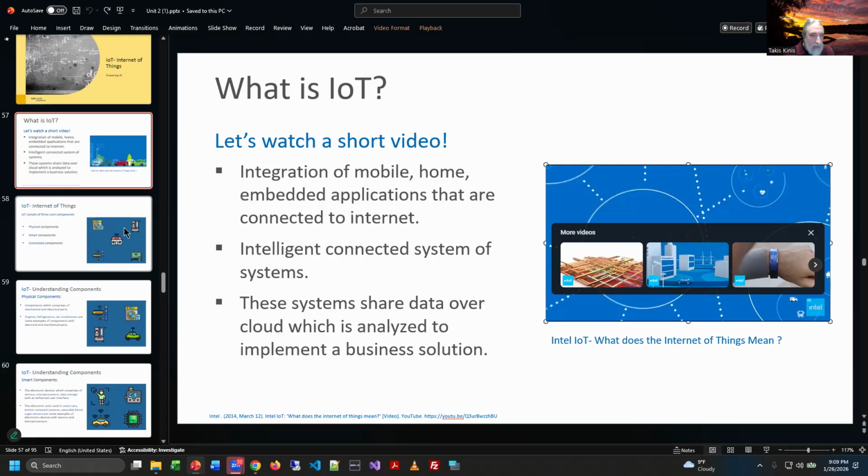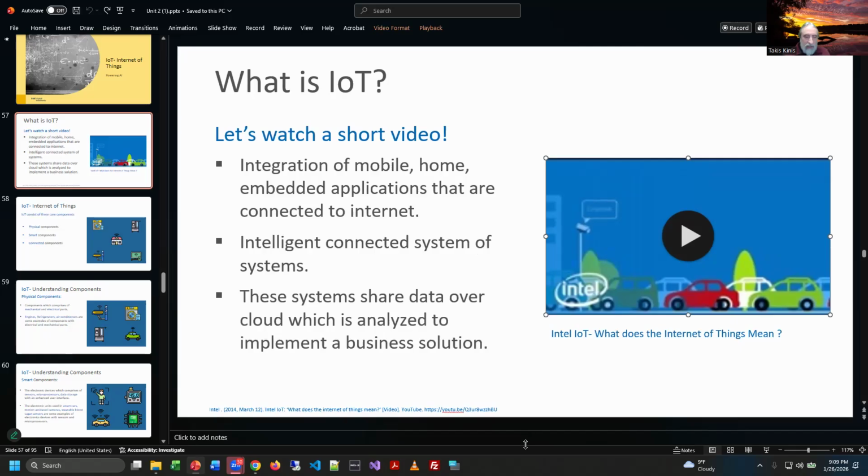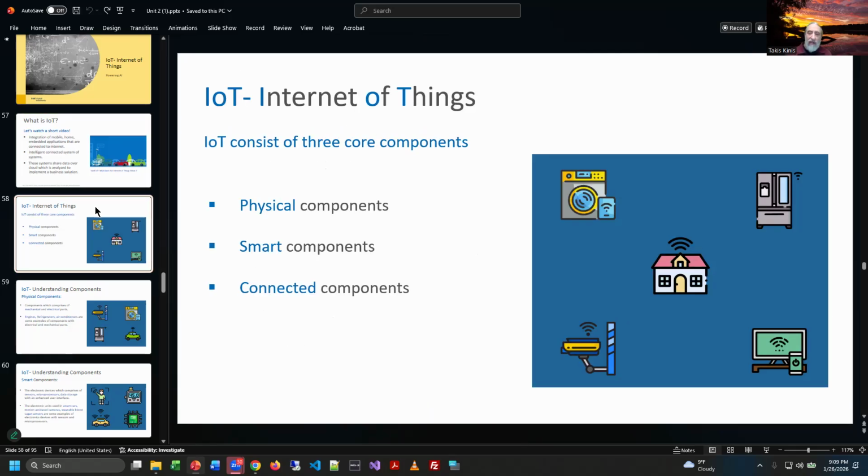All right, and I'm going to cap it right there. As with all of these videos and stuff that are embedded in here and there, I don't always play all of them. You guys are welcome to explore them, and often they will throw additional resources into these PowerPoints, and sometimes they'll be down in the notes section here. This one doesn't have any, but just be mindful of that as you go through these PowerPoints.